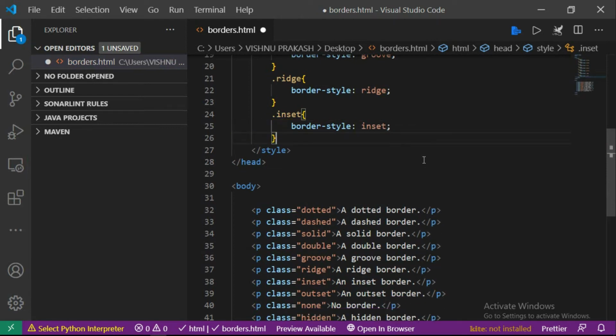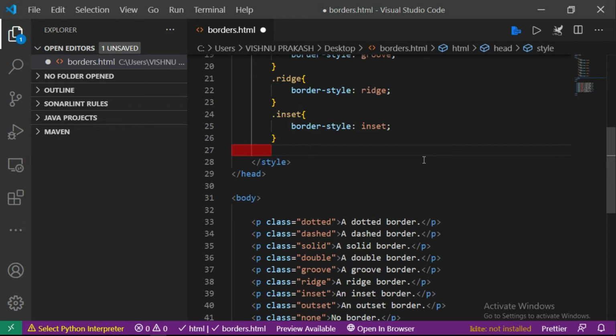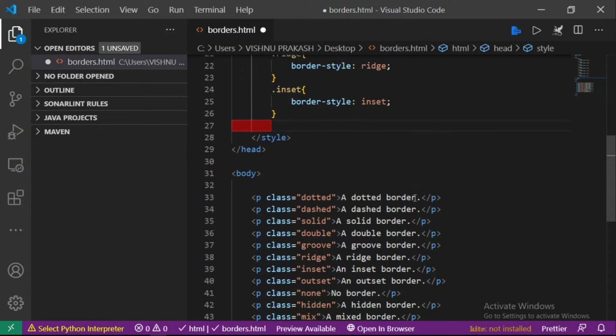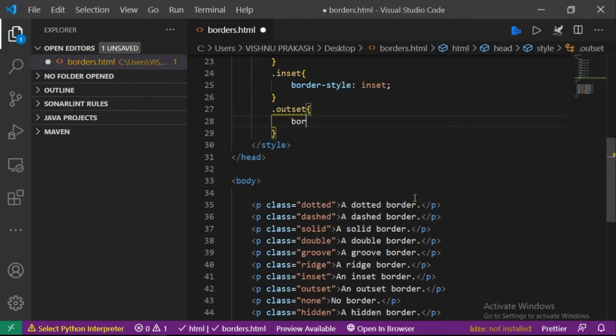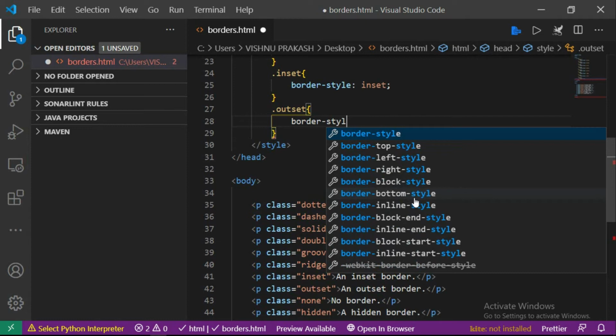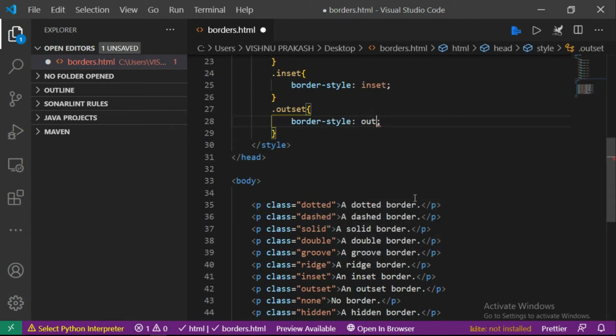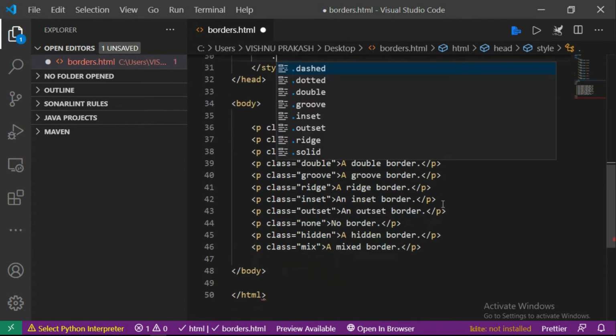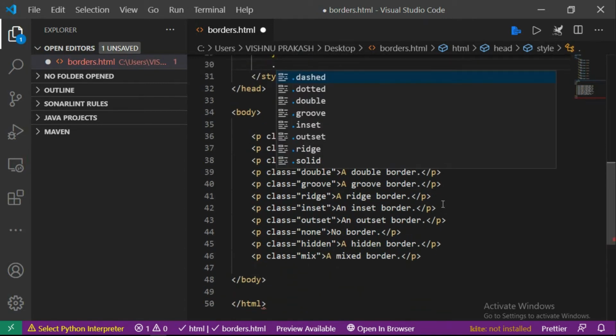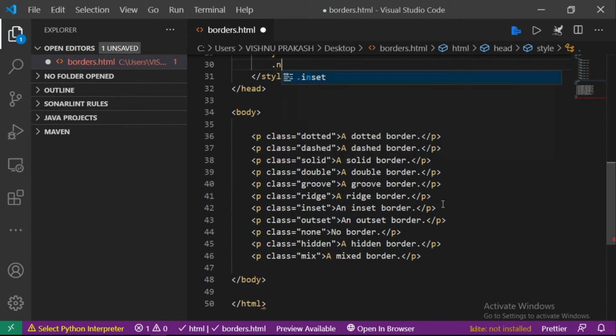Next, after inset, is outset. In outset we are giving the border style as outset. The next one is border style none, where there is no border.